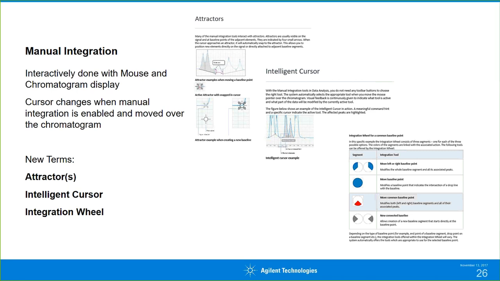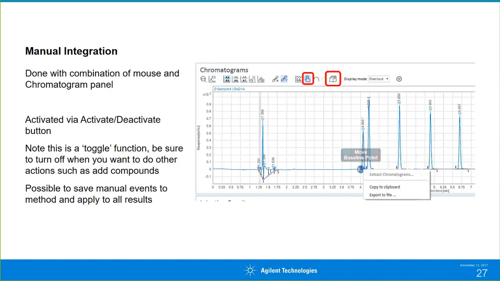And then the really cool thing is the integration wheel. So if I'm trying to change something that's already been integrated, extend the integration line, retract it a little bit, I have a wheel that's going to show me I'm moving left or right, right? I'm moving up or down, or I'm creating a new baseline. So we'll take a look at these further into the demo. All right. Okay,